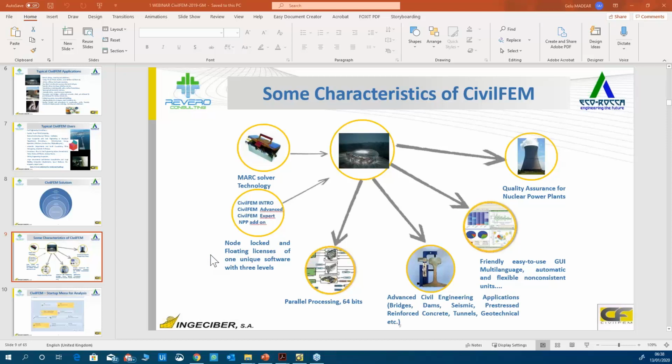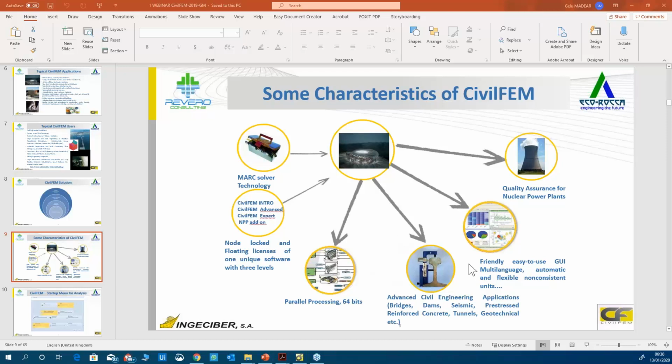There are various licensing capabilities. There is a no float and there is a floating license of the software. In terms of computing, we have the software built on 64-bit processors, and there is parallel processing embedded into the software.